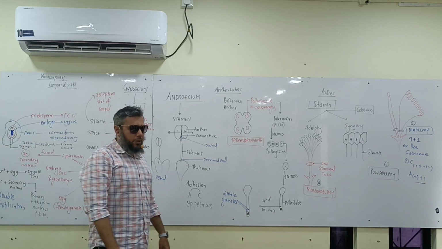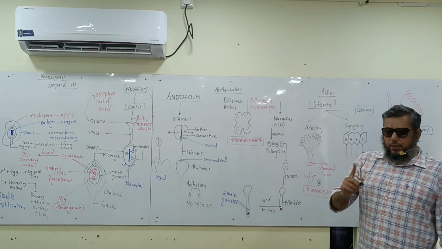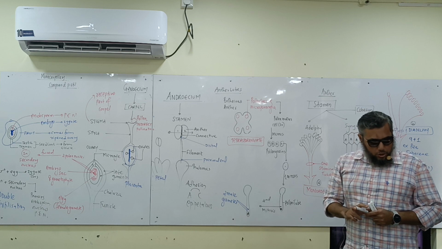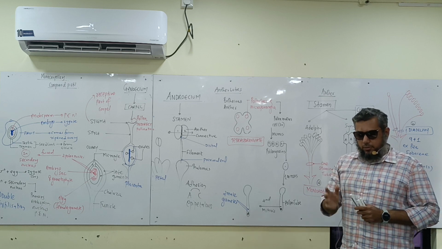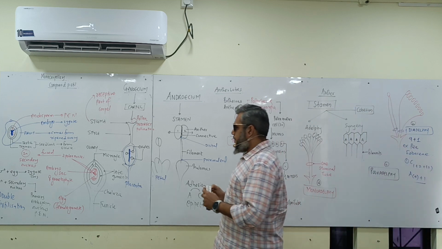क्या लिखा है मैंने बोर्ड वहां पे? कंपाउंड पिस्टल, मतलब it has got more than one carpel. More than one carpel is called a compound pistil, बराबर है? हाँ।